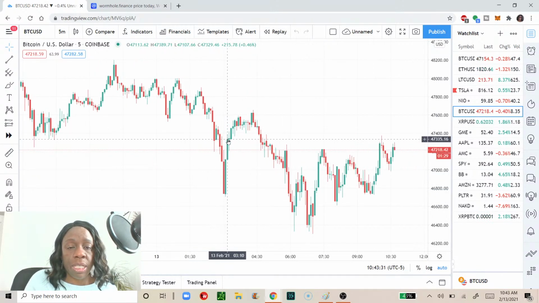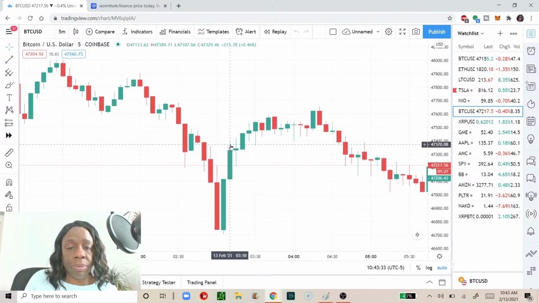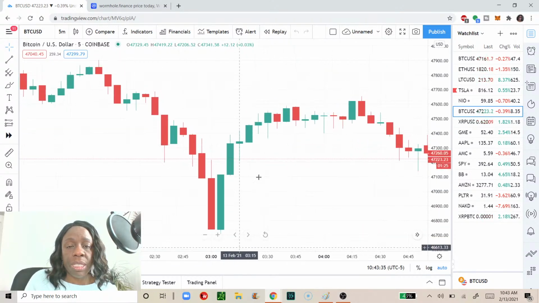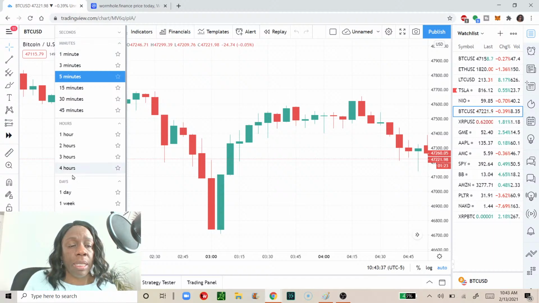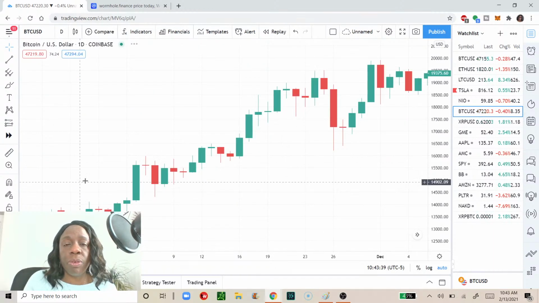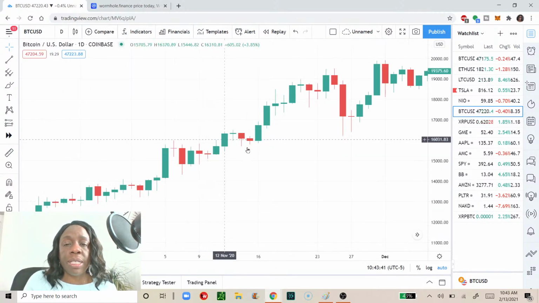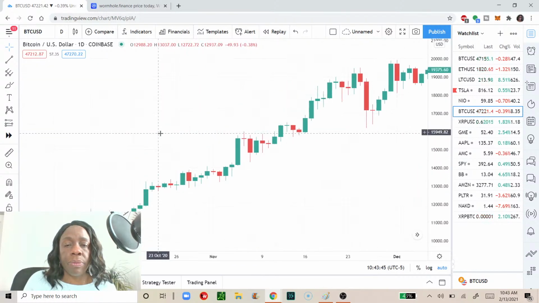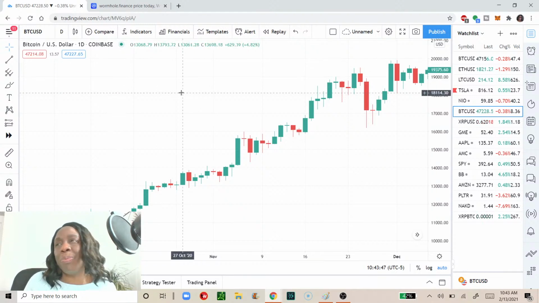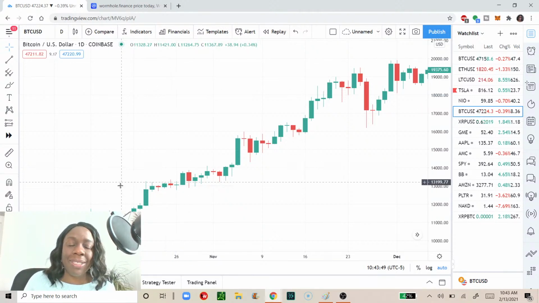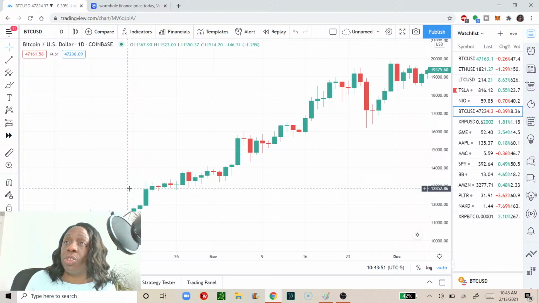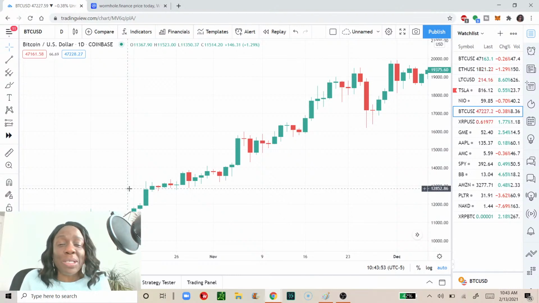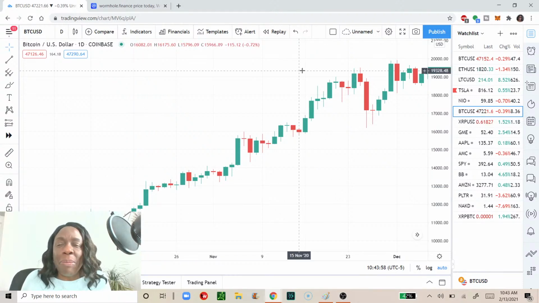So if we enlarge it, but this is the 5 minute, so let's go to the daily. So I'm on TradingView, by the way. So here we can see, let's see what we can see. So this, of course, is Bitcoin and the US dollar. And it's such a beautiful chart. Why is it beautiful? Because look at that beautiful uptrend. So this is the reason why I'm buying Bitcoin and I'm holding.